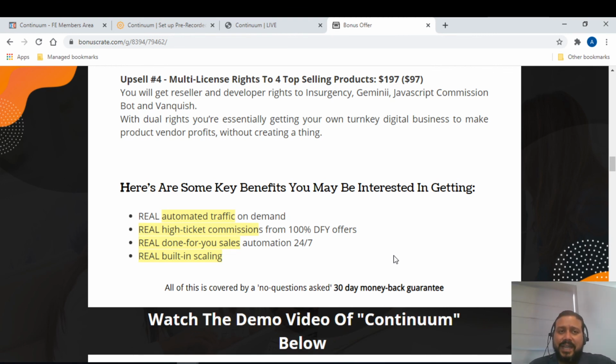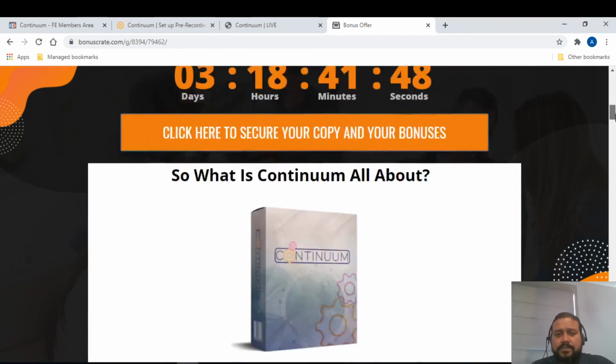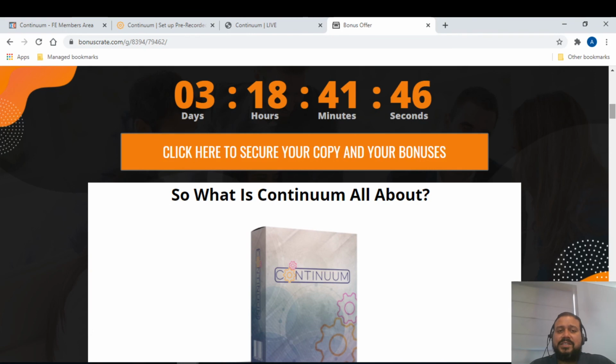So that's about it. My bonuses will expire in the next 3 days and 18 hours and 41 minutes, and it keeps on ticking. After that you won't be able to get the offers. The bonus page will be down, but of course you can get the product, but this is only limited for just the next 3 more days. And I strongly recommend this product because I personally am going to move to this particular product and not pay $500 on the Evergreen webinar, right?